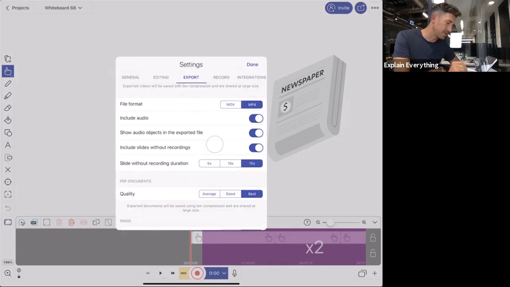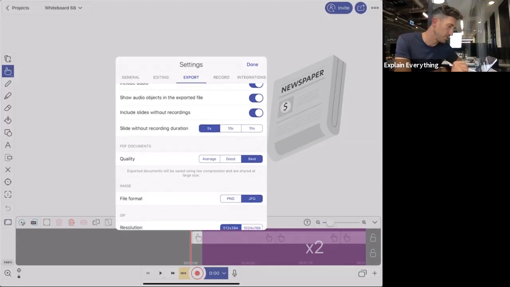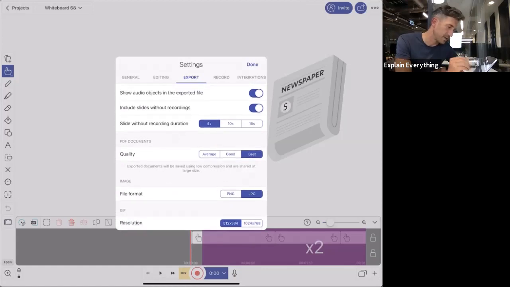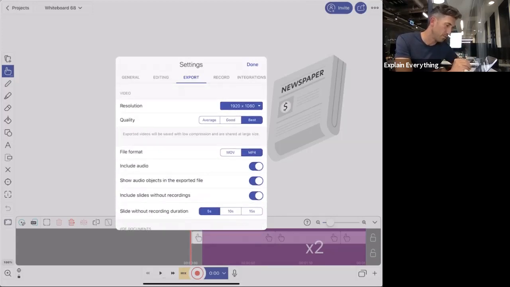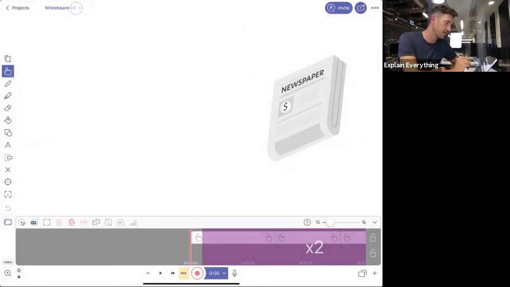And also, this is interesting. If you have slides that don't contain any recording, you can still make them visible on the resulting video. So a still slide would be, if I choose this option, visible for 5 seconds. There's also an option to choose how the rendering of PDFs should be done, but there are many options. The most important ones for videos are resolution and quality, and also one more that is here, that is